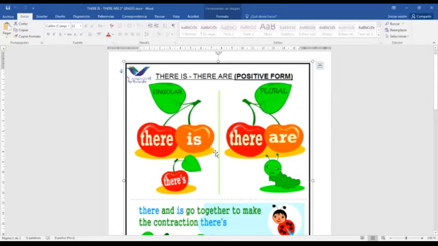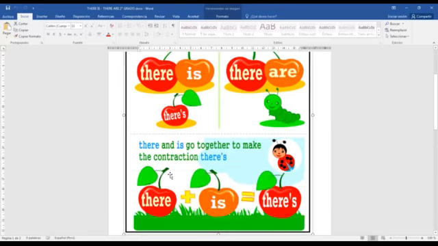Positive. ¿Ok? Look, there and is go together to make the contraction there's. There and is go together, van juntos to make the contraction, para hacer una contracción,